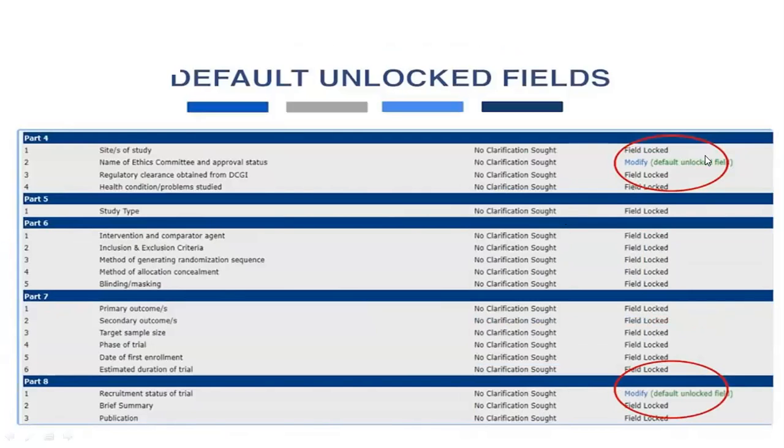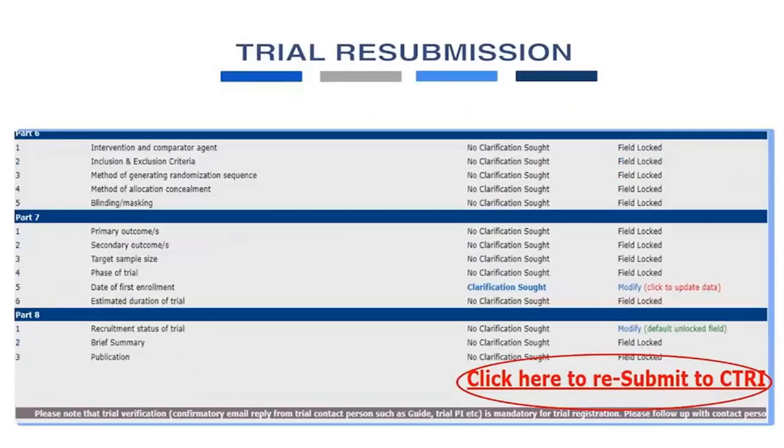Now when you are saving it, at that time this blue colored remark will go off, and you will find the default unlock fields. So in this application you will see two different fields, the name of the ethics committee and approval status, which always remain in the open stage, always remain in the modification stage, whereas there is another field which is the recruitment status of the trial. So these two, that is the second from part 4 and the first from part 8, will always remain in the modification stage, they will always remain editable fields, because this will require updating, this will require furnishing the details, right? So they will permanently remain in the updated